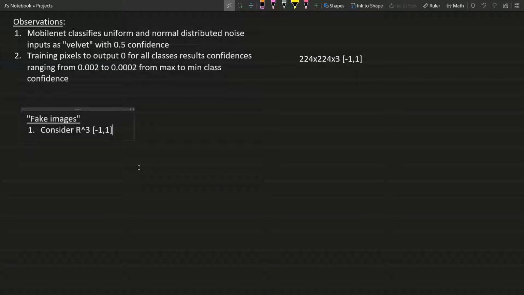But anyway, if you consider R3 and then just a hyperplane classifier,